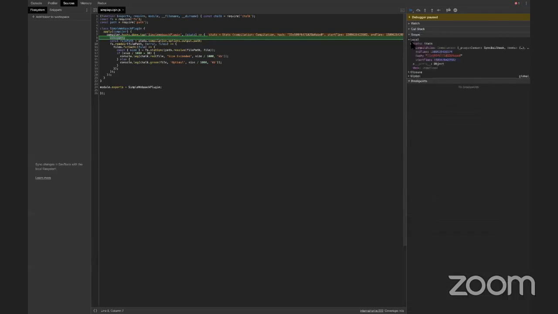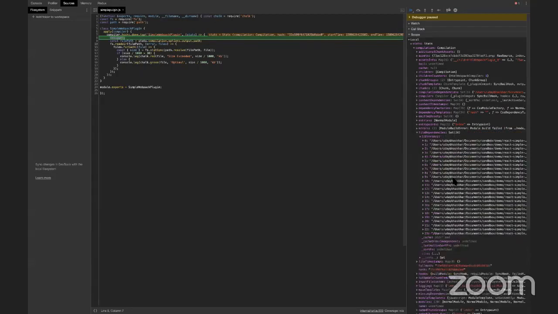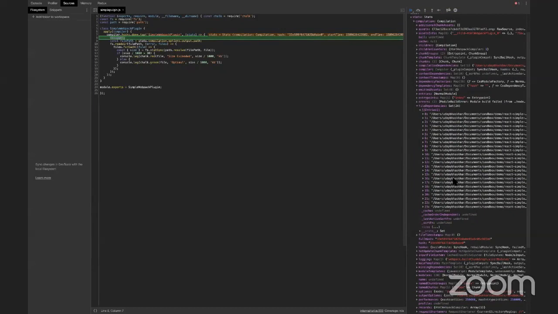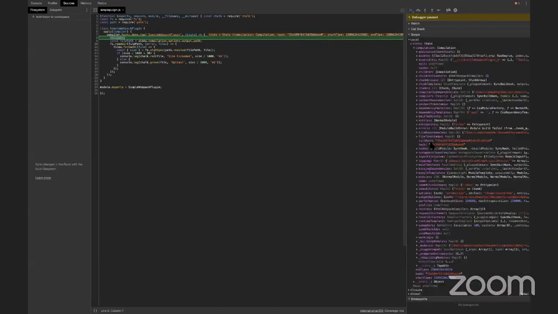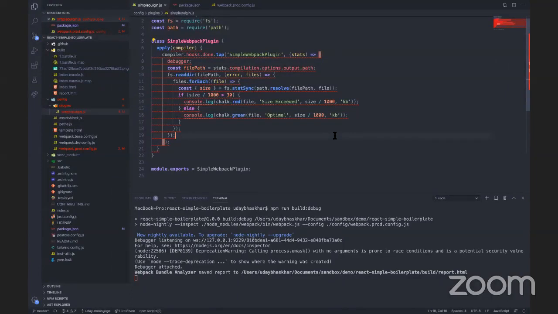And now if I see in the scope, all these things are in the stats. My compilation has all these things. It has options. As I told, there are other ways of building a post bundle analysis plugin. You have file dependencies. What are the files? You can create a dependency graph and see what is happening. Similarly, you can debug any hook, and if anything breaks, you will easily understand where exactly the error is located. And in this way, it helps in debugging your Webpack. So yeah, I think that's all I had with me. So open for